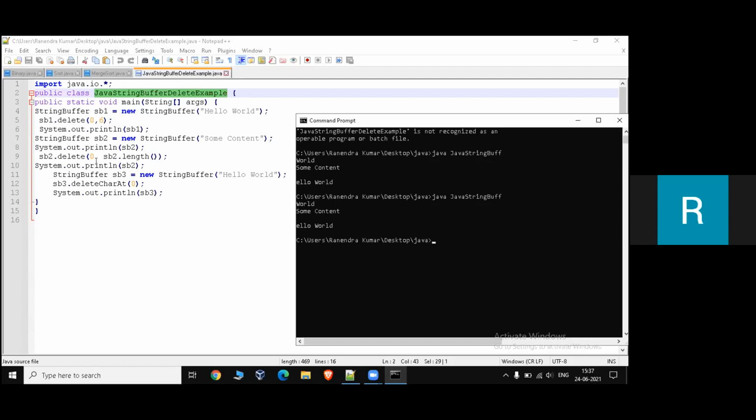Next, in the delete char method, the character at zero index is deleted.